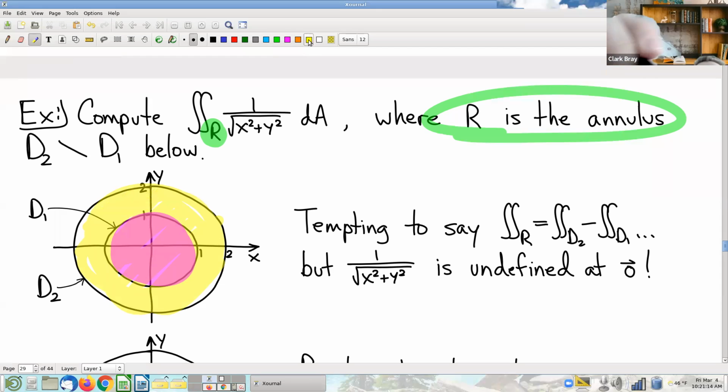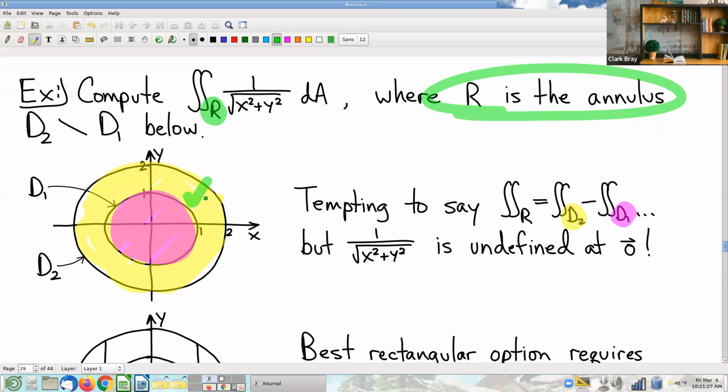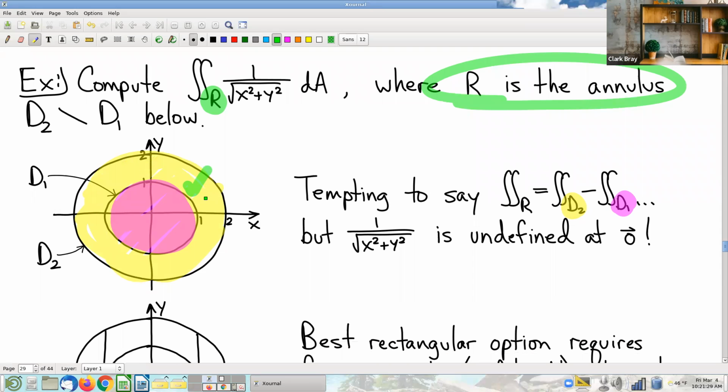Right, and if I take the integral on the big disk and subtract the integral on the small disk, then what will be left over, one would think, would be the integral on the domain I'm actually interested in. And there's a certain amount of cleverness in that approach, and that's all well and good, except it doesn't work in this case because neither one of these integrals here is